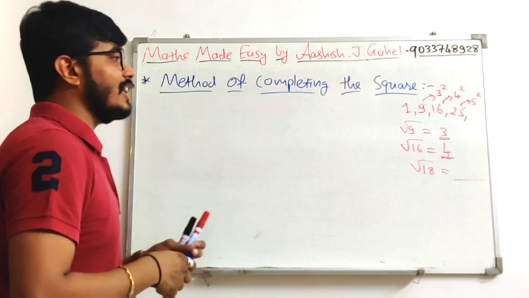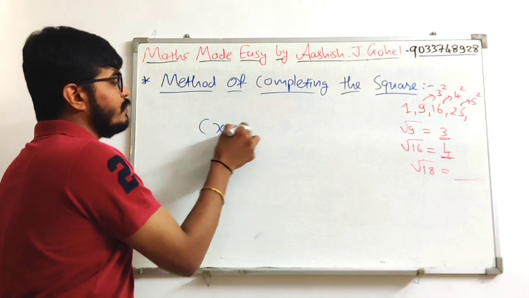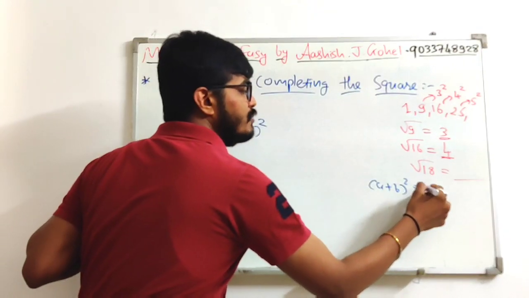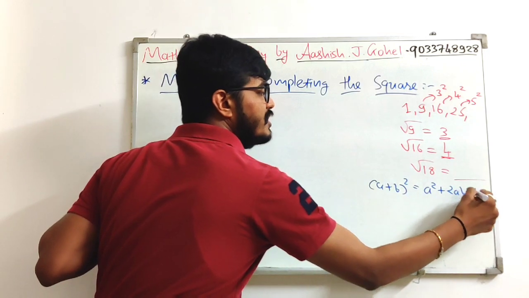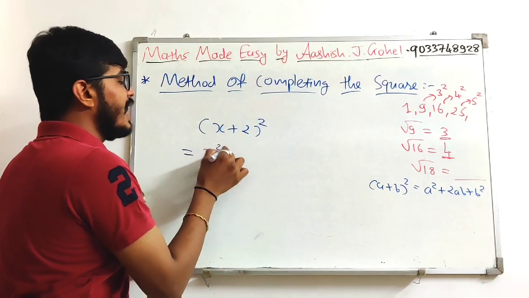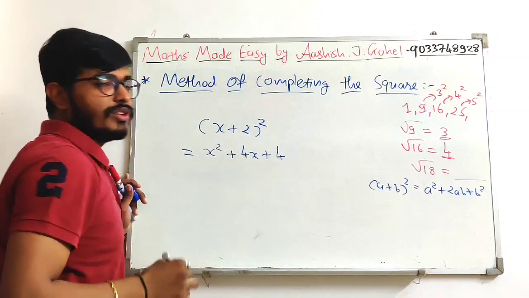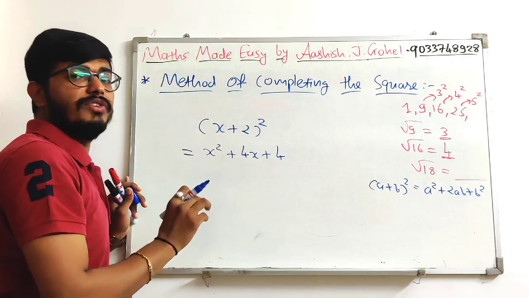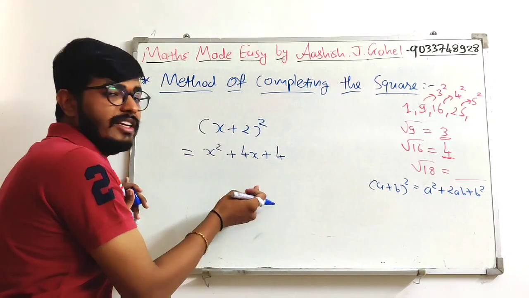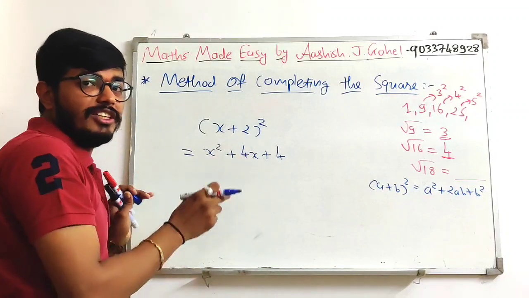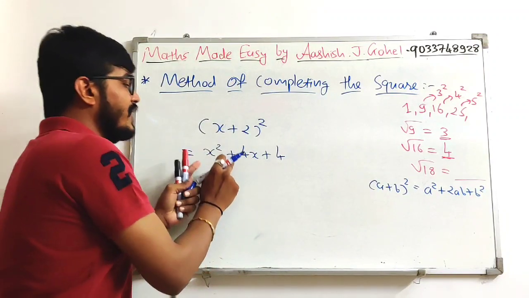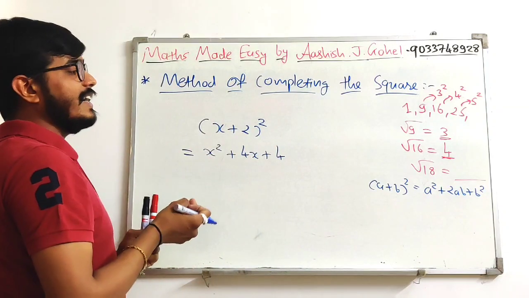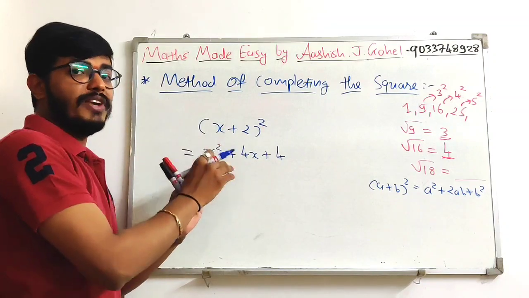How can an equation be a perfect square? If I say (x plus 2) whole square, and expand it with the help of the formula (a plus b) whole square is a square plus 2ab plus b square, the expansion will be x square plus 4x plus 4. If I am given this equation and want to solve it, then instead of applying the factorization method that we did in the previous video lecture, we can put it directly equal to 0 and solve. But how will we know whether the given expression is a perfect square or not?